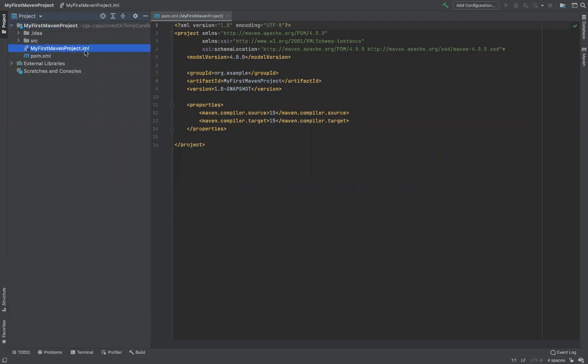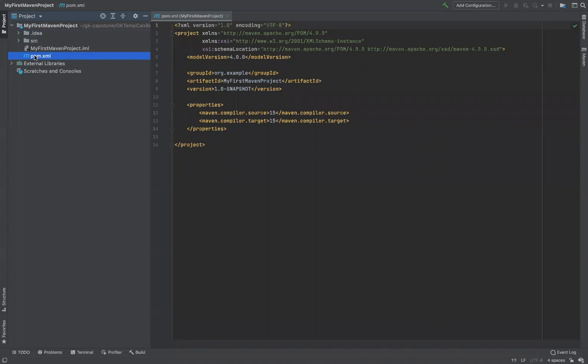Now this is a file called an IML file. This is not a project related file, it is a file which IntelliJ has added, so you don't have to worry too much about it. Then there is a folder called .idea, again a folder which IntelliJ has created, so you don't have to worry about this either. There is one file and one folder of interest here, which are src, and second, pom.xml. The full name of pom.xml is project object model.